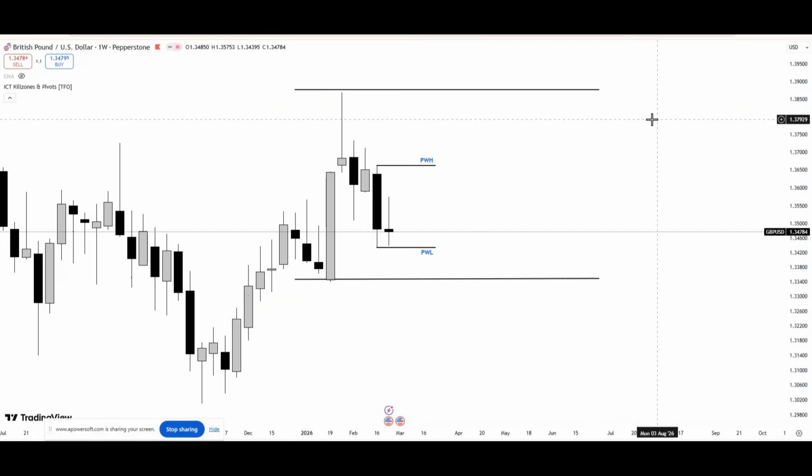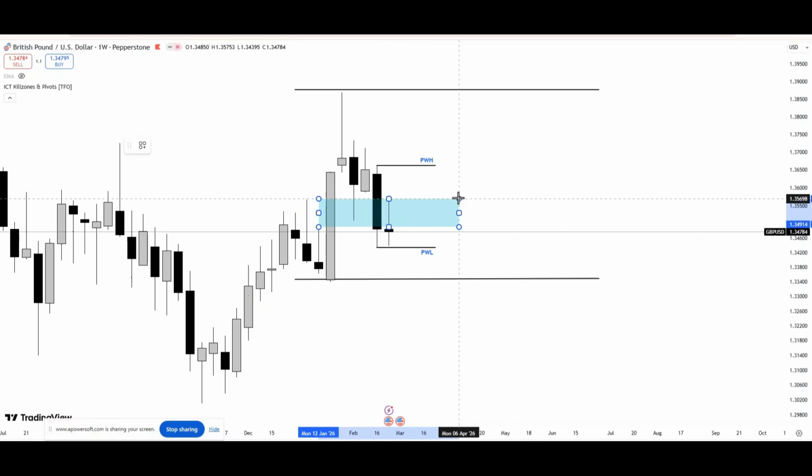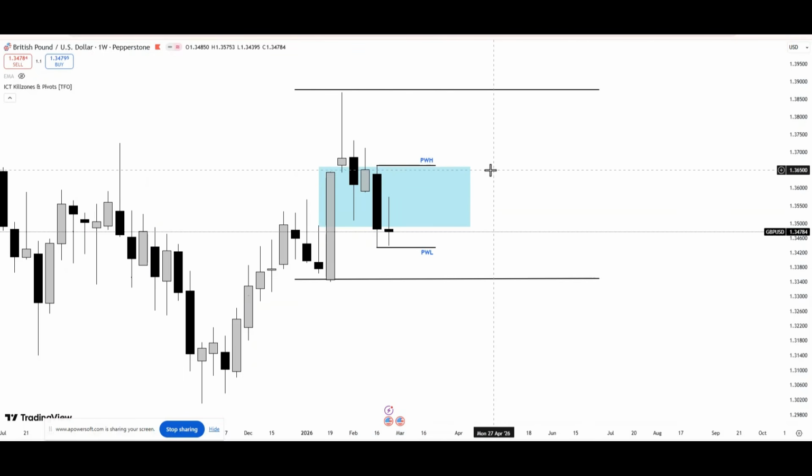So let's look at the weekly time frame. On the weekly, you can see GBP last week closed as an inside week. It did not take out previous week high, neither did price take out previous week low, and that is why this week we had very choppy price action. Now, if you look at it on the weekly time frame, you can clearly see for GBP price has inverted this weekly fair value gap, but we do not have that inversion for the Euro USD and for DXY.